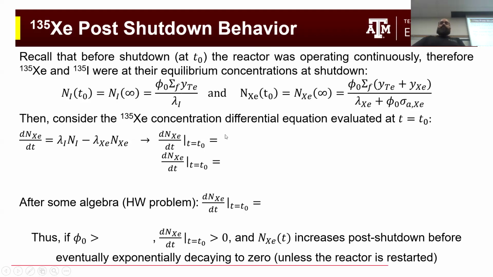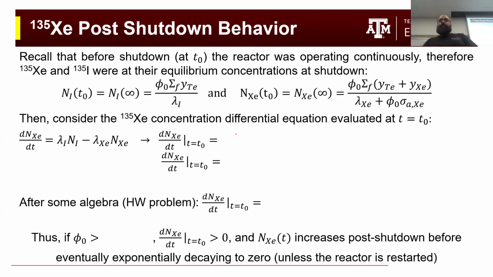And what we want to do is think about if we were to take our xenon differential equation, the post-shutdown differential equation, and just evaluate it at that initial time. So if I take my xenon concentration and evaluate it at that initial time, the left side is just saying this is how my xenon is changing at that shutdown moment. And on the right-hand side, I'm basically just evaluating these at T0, and at T0, they had their equilibrium